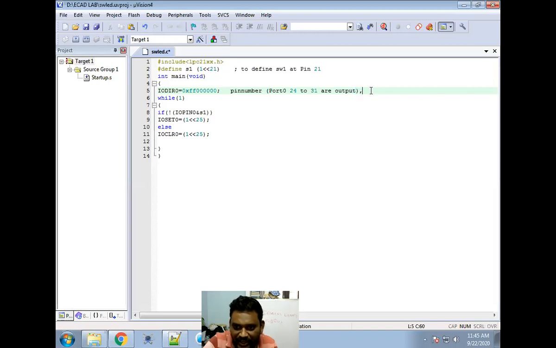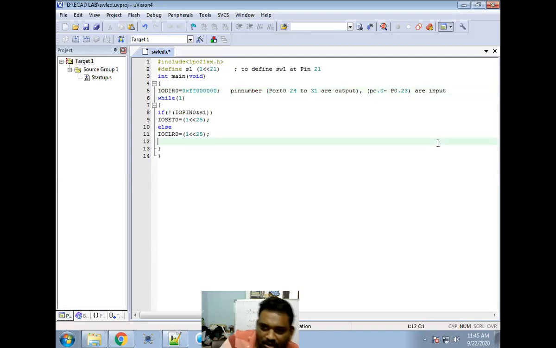Next, same way, what did I decide? Port 0, pins 0 to 23 are input. So these are inputs, those are outputs.